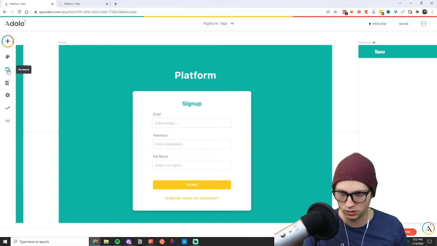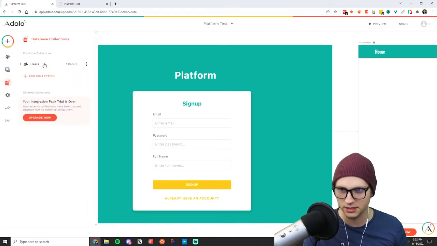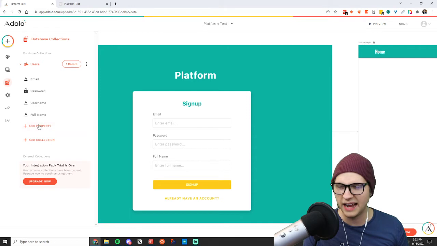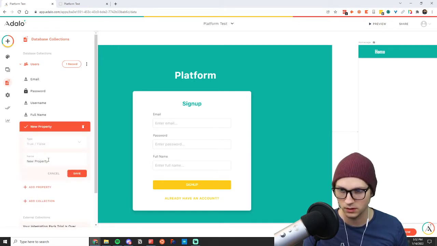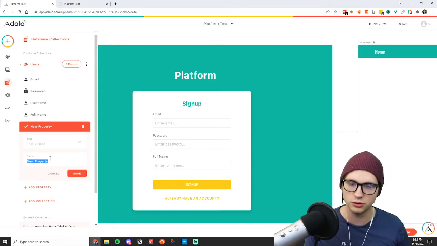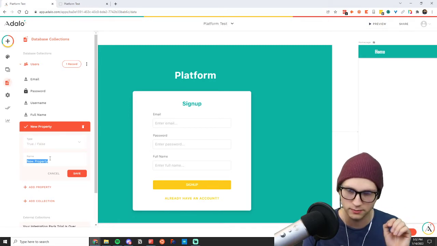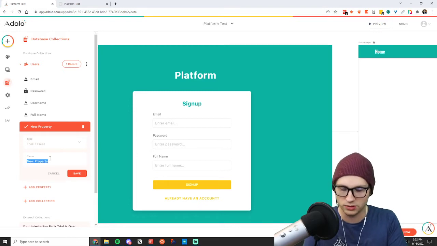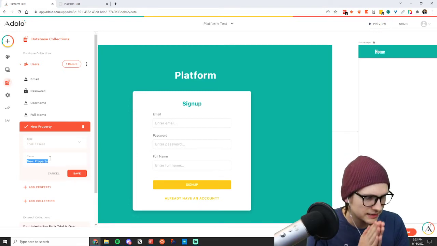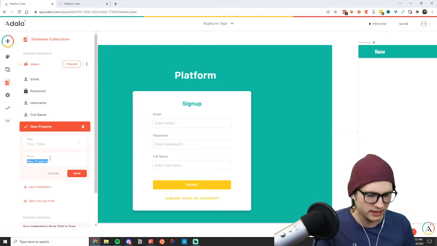I'm going to go into that database. I'm going to go into that user collection, and I'm going to add a property. I'm going to make it a true or false property. So the true or false property is just a little selection, right? And we want to collect that when the user is signing up. So we'll say, let's say the platform is